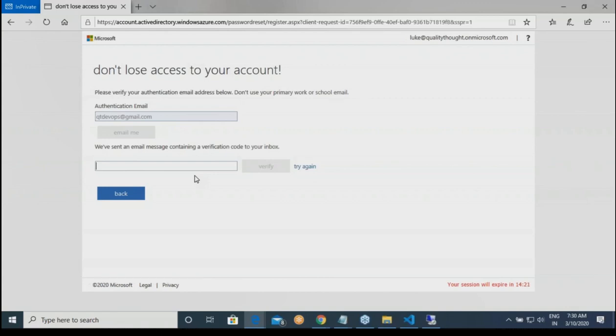But this is also a premium plan. In free, we cannot set it up because there is no password write back. That's the whole point. We can do this for non-Active Directory users, but for Active Directory users, you cannot do this because we don't have password write back options. What is password write back? When we change the password in Azure, it is the ability of Azure to go back and write into your Active Directory. Right?